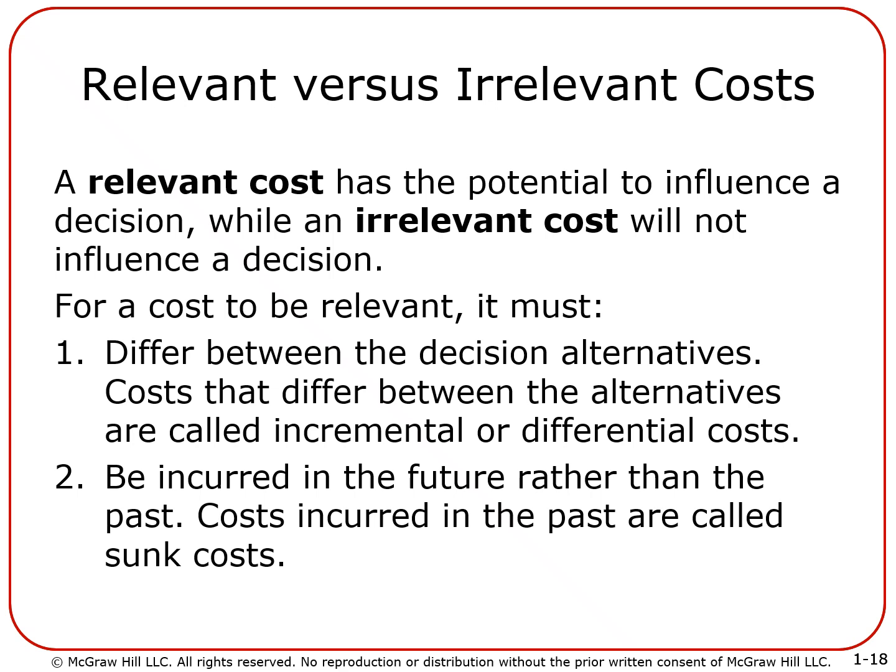You want to rent a shop. Now, either you could rent the shop in Atlanta, or you could do it, let's say, in Valdosta. So in Valdosta versus Atlanta. If you rent it in Atlanta, you have to pay rent here. If you do it in Valdosta, you have to pay rent there. So there is a difference in the rent. That's why it's also called, by the way, differential cost. So it varies between alternatives.